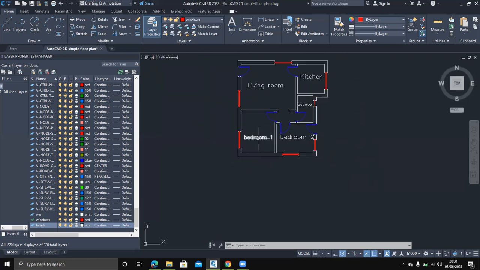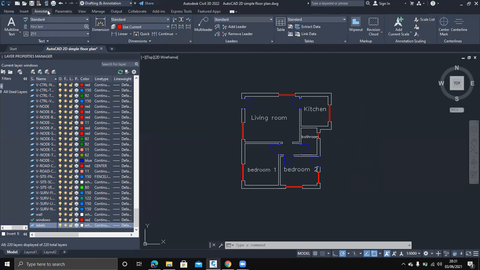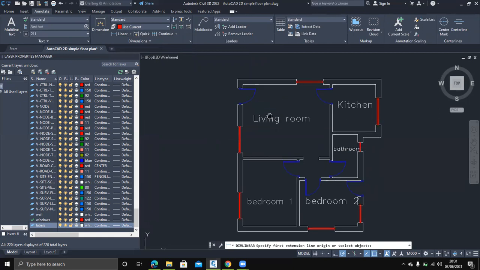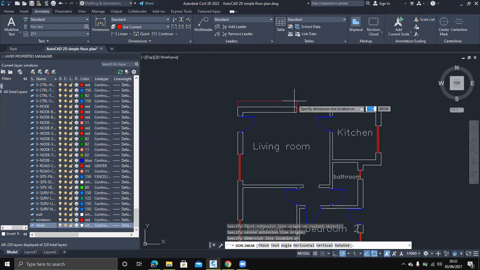Okay, so once I have done labels, the last thing I will do is dimensions. I will do dimensions very fast. In the annotate panel, we have dimensions right here, and I will use the linear formula of doing dimensions. You remember our dimensions are actually in millimeters, and I can see these dimensions have been done using the color for